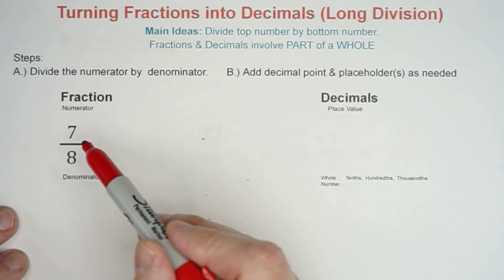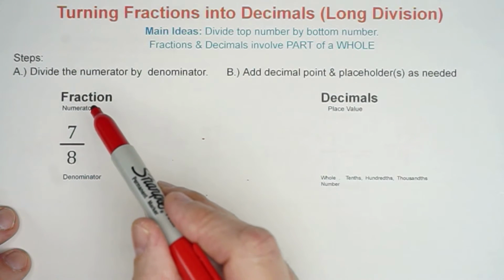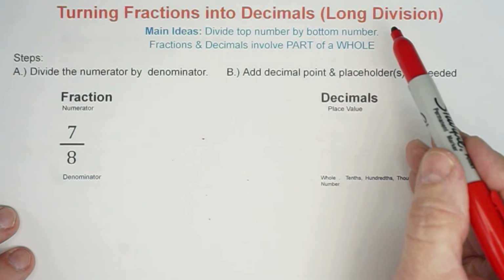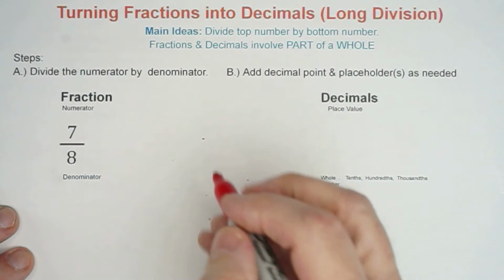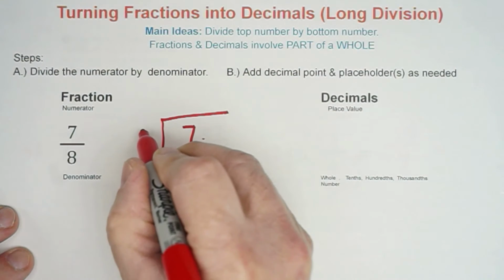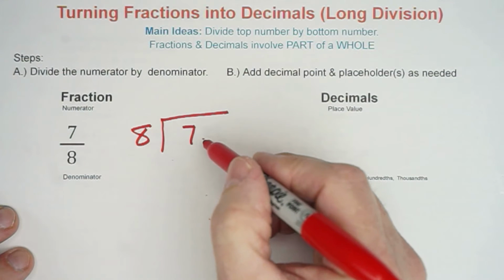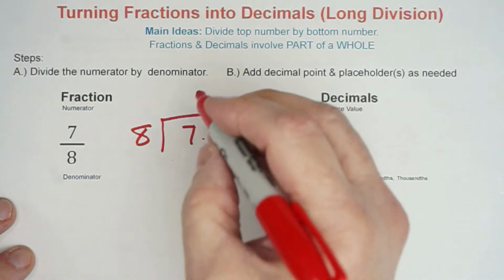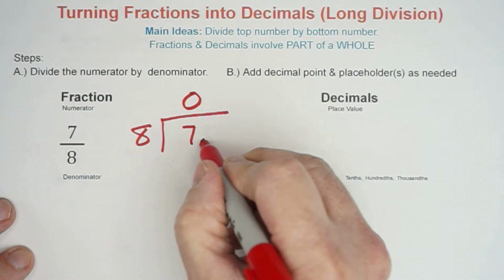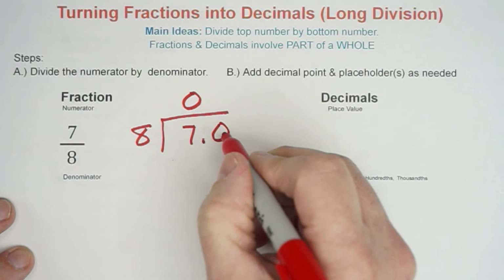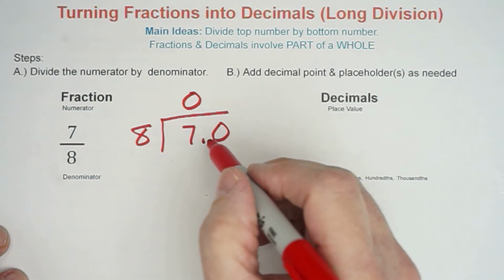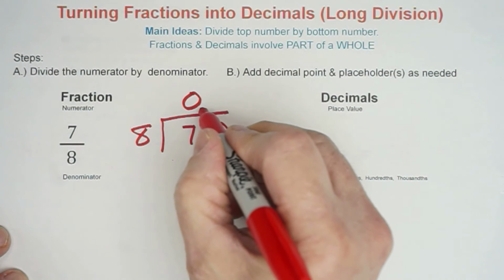Same rule, 7/8. And we want to convert the fraction of 7/8 into a decimal using our long division strategy. So we're going to divide the 7 by the 8. All right, so 7. And will 8 go into 7? No, it will not. So we say, well, that goes 0 times, but we can express the 7 as 7 and 0 tenths. In other words, 70 tenths. Again, don't get bogged down with that, but just remember that your decimal point you need to put up here,